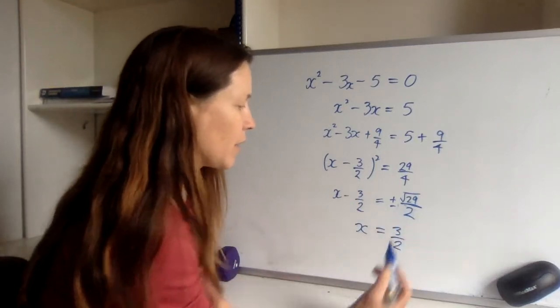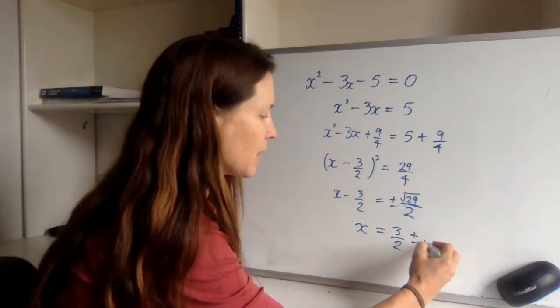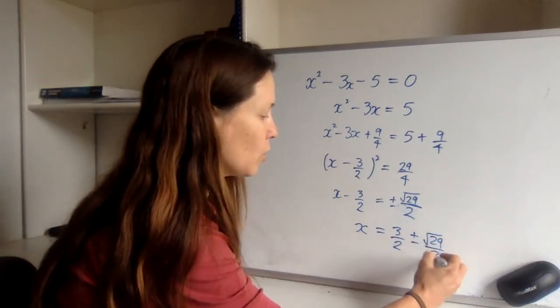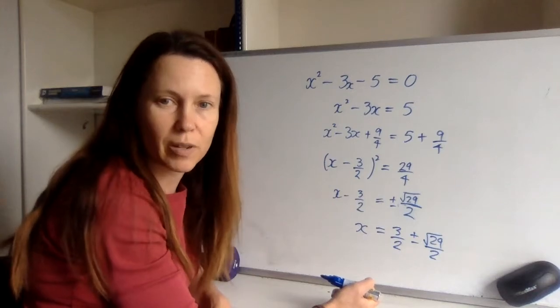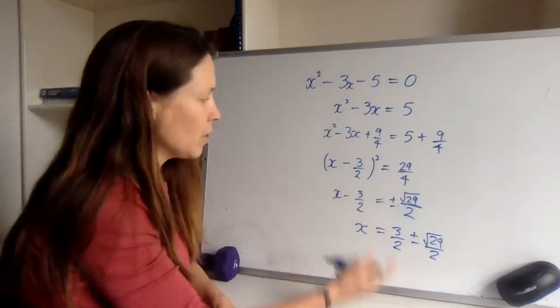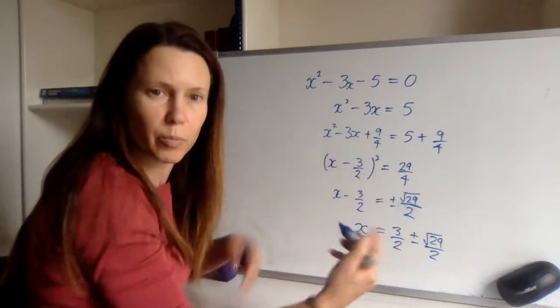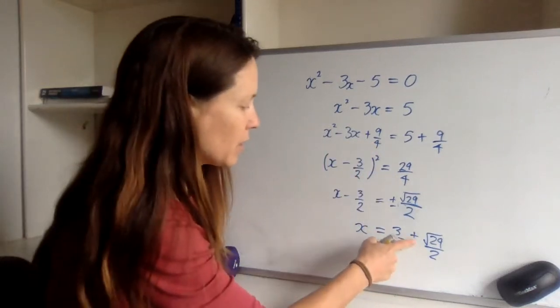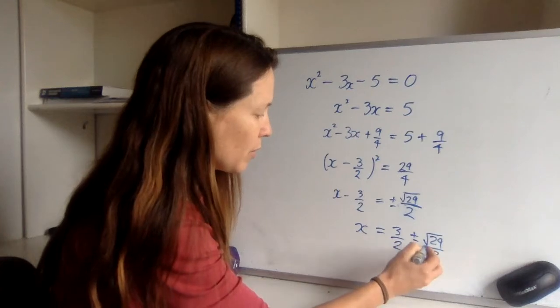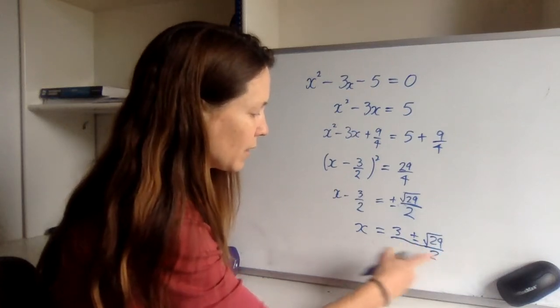And we're going to have 3 halves plus or minus our root 29 over 2. Now both of these are going to have common denominators, and that will happen every time, because we've squared the 2 to get 4 in the first place. When we take the square root of 4, we're going to have 2's again. So we can tidy this up and actually put them both over the one denominator there so that it looks